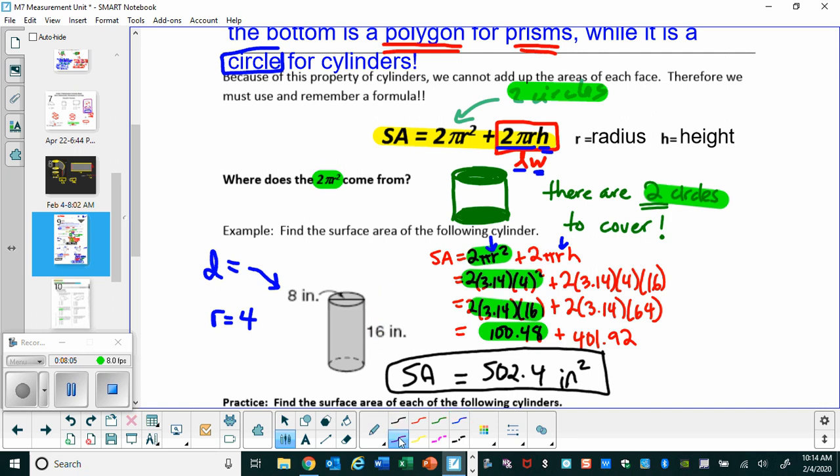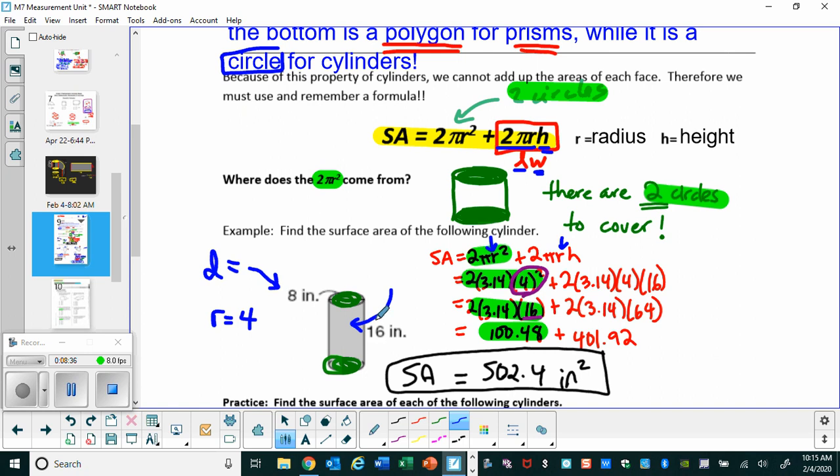Now we need to use PEMDAS to simplify, and we're going to be really careful here. The 4 squared is what comes first, and that's where I get the 16. Then you have your calculator to do 16 times 3.14 times 2, and that's where I got the 100.48. Now, friendly reminder that the 100.48, that's just covering up this circular bottom and this circular bottom. So we've taken care of the green circular faces, and now we need to take care of this weird curvy